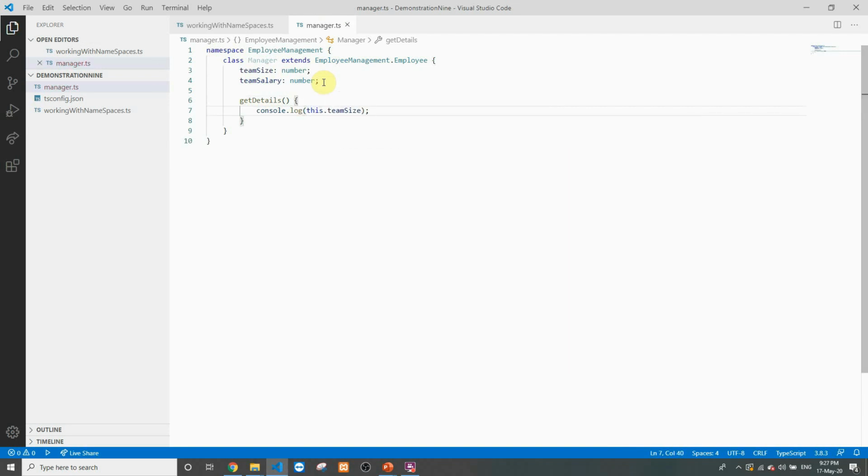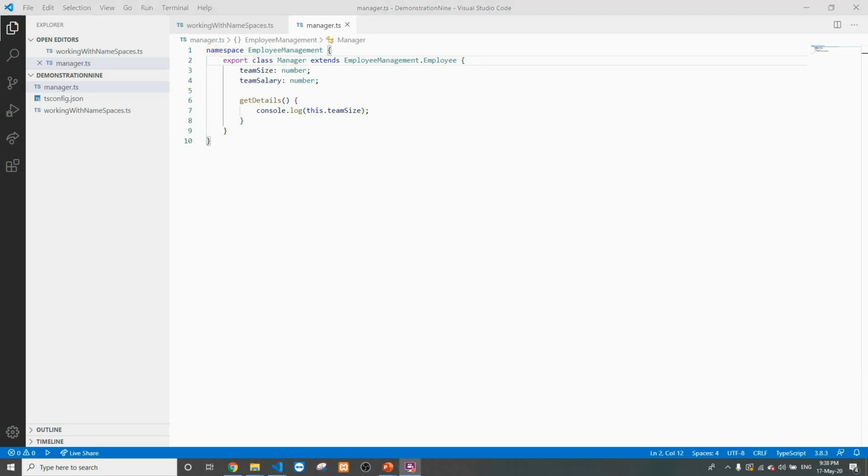What we need to do next is create one more class which extends from this class manager, and that class will belong to some other file called director.ts. In order to make this manager available outside this namespace, we have to again export this class out of the namespace. So we'll put down the keyword export. Now from this namespace we have two classes exported out of this logical block named employee management. Next we are going to create another file called director.ts, and use this class manager inside it.